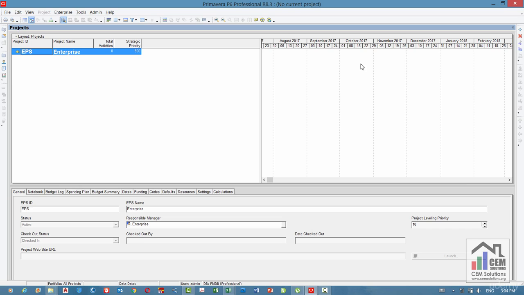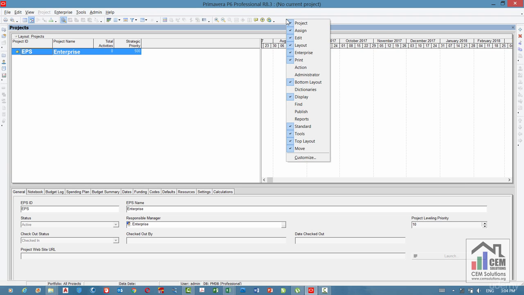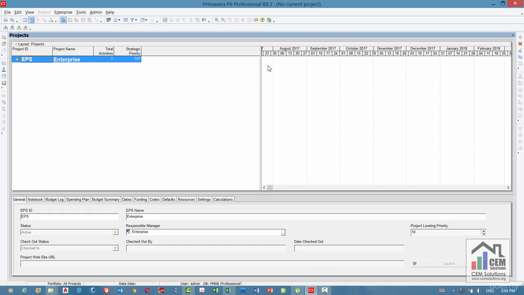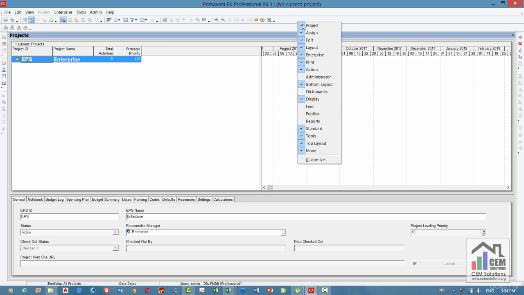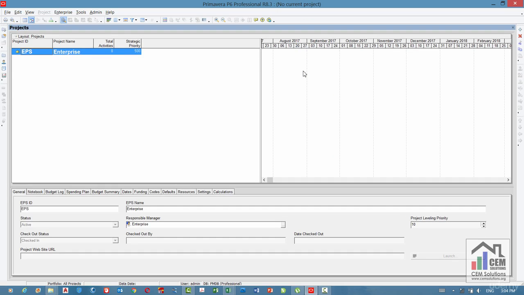You can add or remove toolbars also. Right-click on empty space beside the toolbars at the top, left or right. A menu will open in which you can see all available toolbars. Toolbars which have a tick beside them are currently displayed in this window. If you want to add a toolbar to the display, then simply click on it and the toolbar will show up. Also, if you want to hide or remove a toolbar, then simply click on it and the toolbar will be removed from the display.